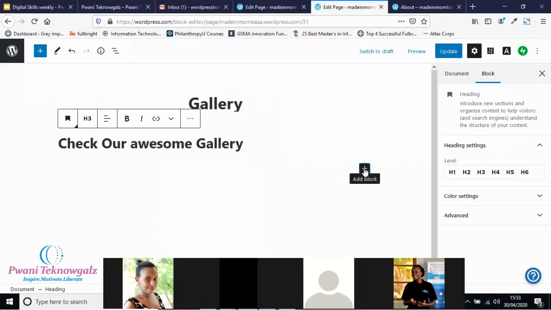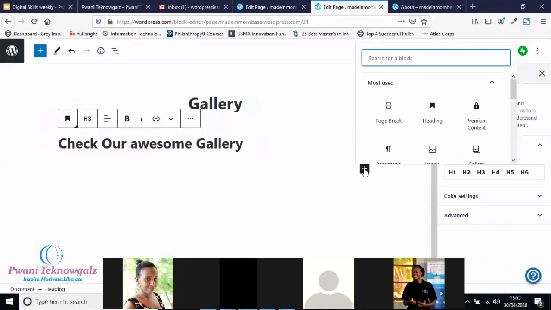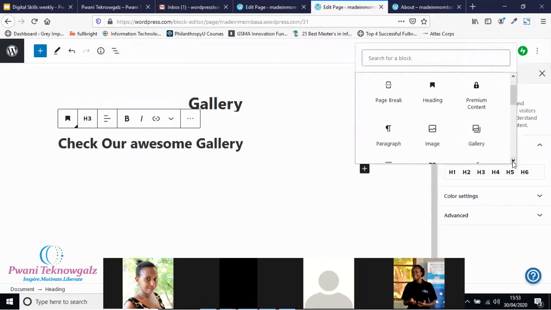I can say I want to add columns, right? I want my images to be displayed in 3 columns. Some of these blocks are very simple. You can always play around with them. Some are very easy, like if you want to add an image or a gallery. Some are just written in English: audio, quote. So if you can see column, you can search for it, or you can come here to